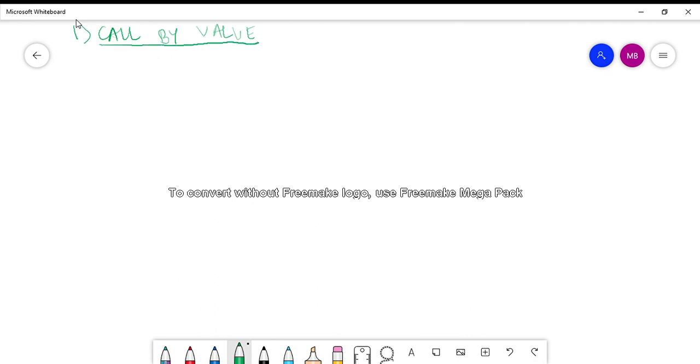Here we will see an example program to multiply two numbers. So how will we perform this?